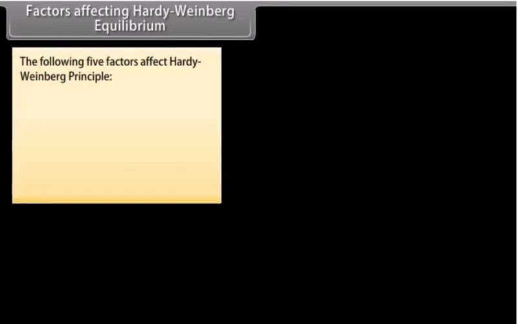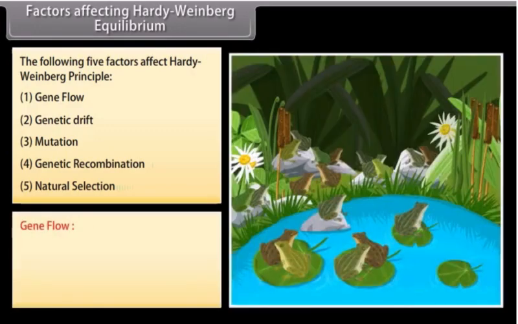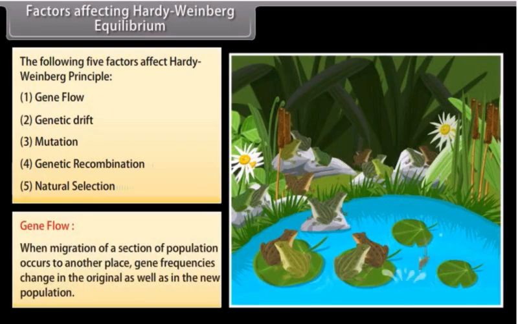Factors affecting Hardy-Weinberg equilibrium. The following 5 factors affect Hardy-Weinberg principle. Number 1. Gene flow. Number 2. Genetic drift. Number 3. Mutation. Number 4. Genetic recombination. Number 5. Natural selection. Gene flow. When migration of a section of population occurs to another place, gene frequencies change in the